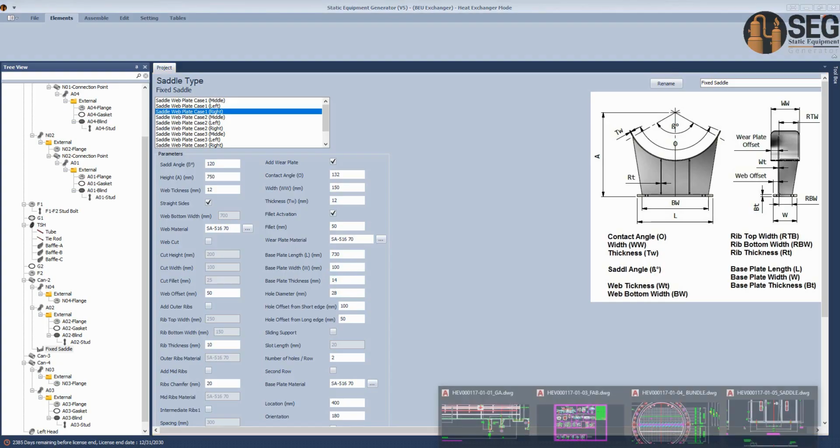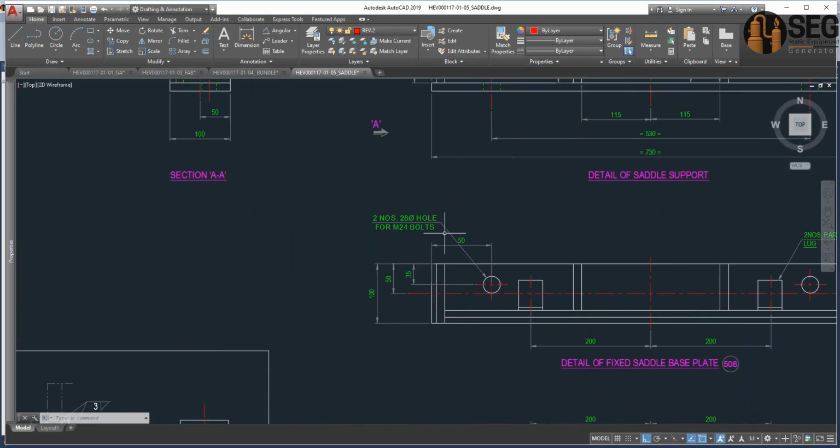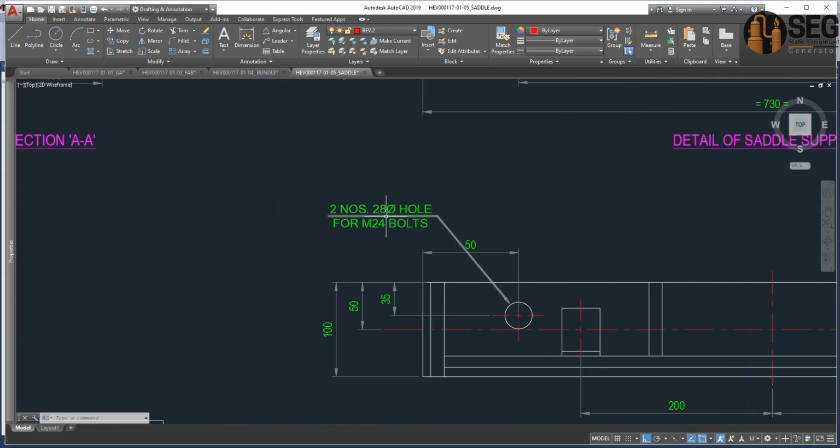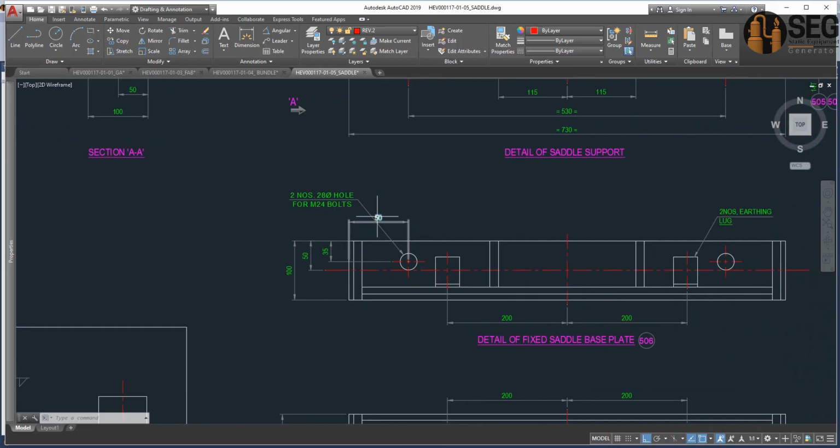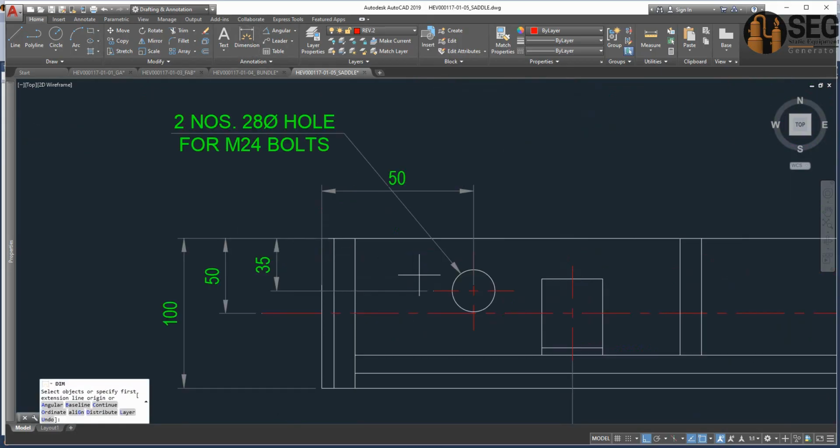And for the hole diameter, let's check the drawing. It's 2 holes with 28 millimeters, and with offset 50, and on the other side, the hole offset is